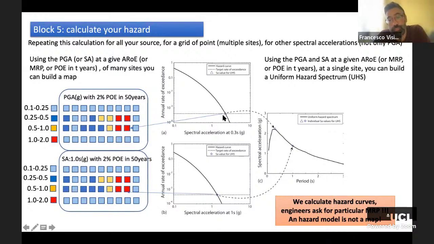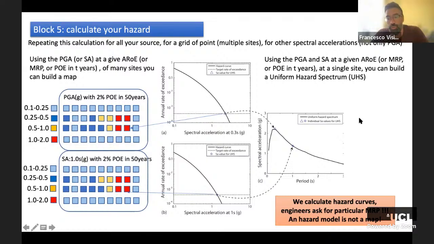And if I take these values from the PGA and from the other spectral accelerations, with the same annual rate of exceedance, or the same probability of exceedance in 50 years, or the same mean recurrence time, I can plot these values in this graph that is called the uniform hazard spectrum, UHS. So that gives us the values plotted just in a line, all the values that have the same probability to